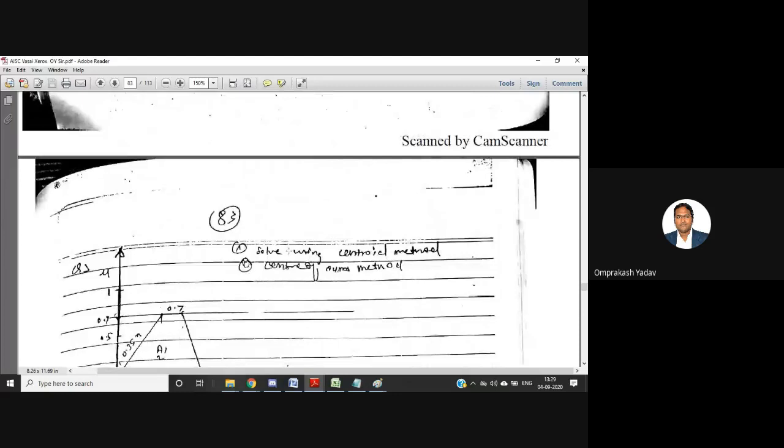So basically this is a diagram. Now once you have this outline, we are solving by the first method, that is the centroid method. What we will try to do now is divide this entire figure into a number of different shapes or areas.